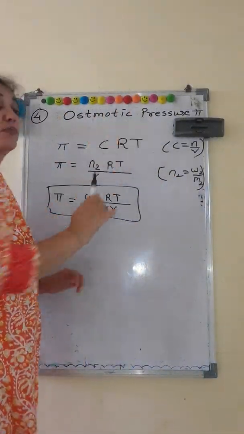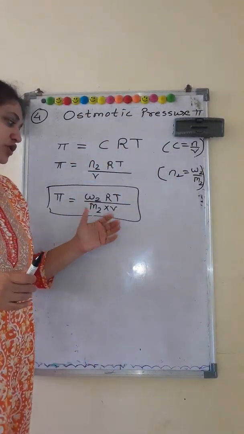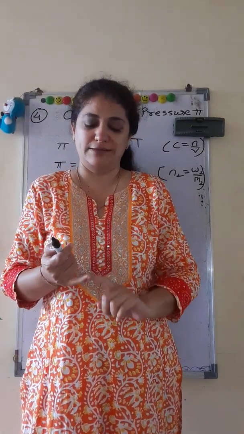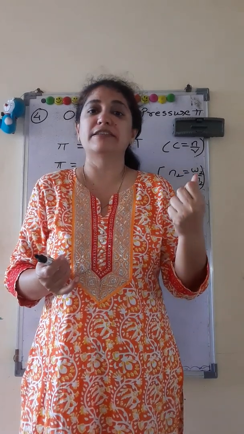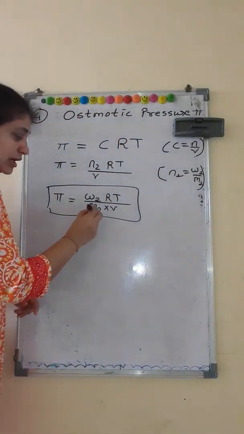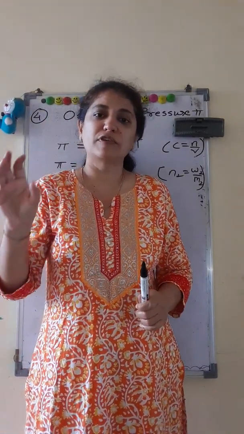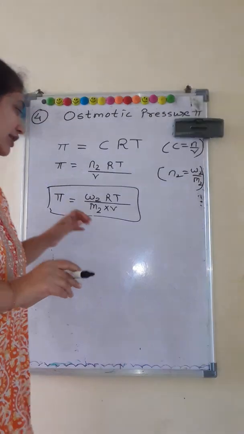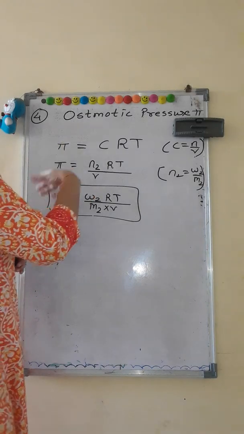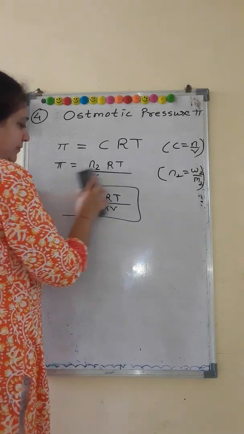Now osmotic pressure is the most reliable method to calculate the molar mass of a solute. You have seen that in all the formulas, whether it is relative lowering of vapor pressure, depression in freezing point, or elevation in boiling point, molar mass was there in the denominator. So the molar mass of a solute can be calculated if we calculate osmotic pressure and we know how much solute we have added. So these colligative properties are a reliable method to calculate the molar mass of unknown solutes.